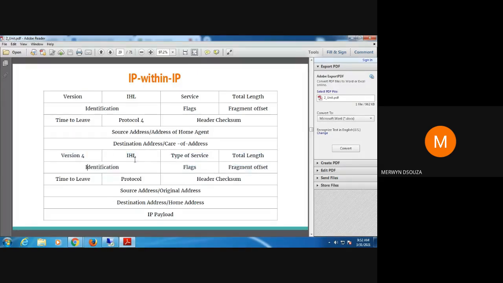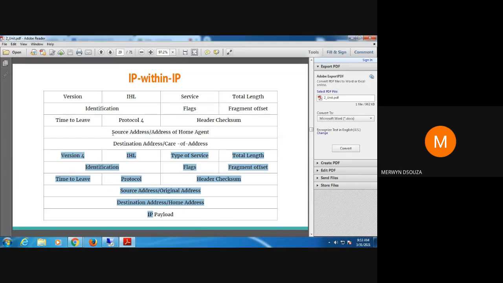Once the home agent gets this packet, this much portion, this is what I mean every time I say the original packet. When it finds that the mobile node is not present in the home network but is present in the foreign network, that means the packet it received has to be rerouted. It has to be sent to the care of address.